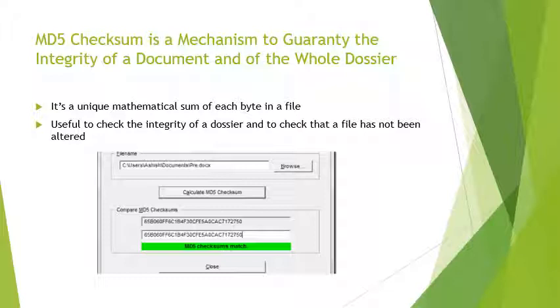It's a unique mathematical code which represents that the document has not been altered or modified. In case there is any change in the document, this MD5 checksum number, this unique code, gets changed. So for a specific document there is a unique MD5 checksum mathematical code which represents the integrity of